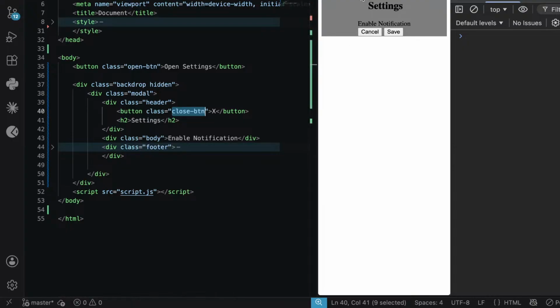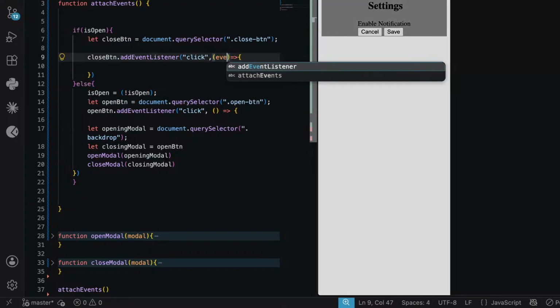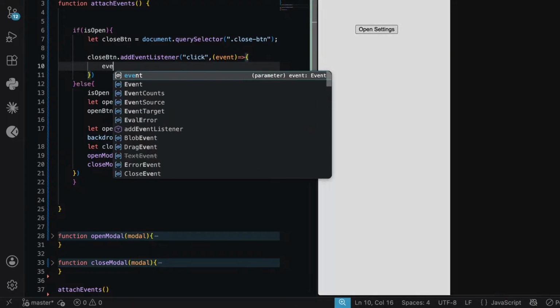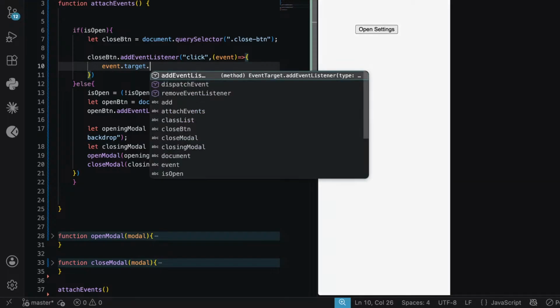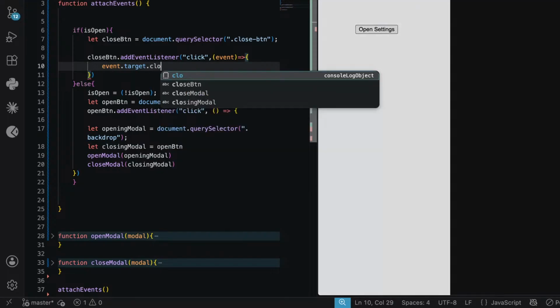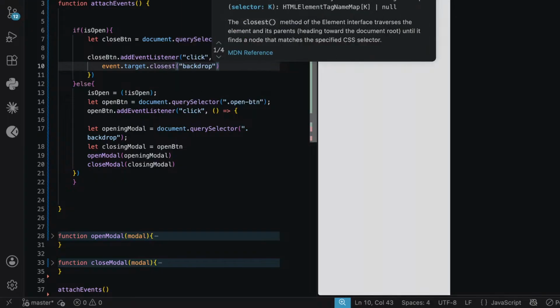If close button dot show backdrop, we have to find a backdrop. If close button dot add event listener, then let's have an event here, and what we will do, event dot target dot closest, sorry, not this, closest. What we have to find,